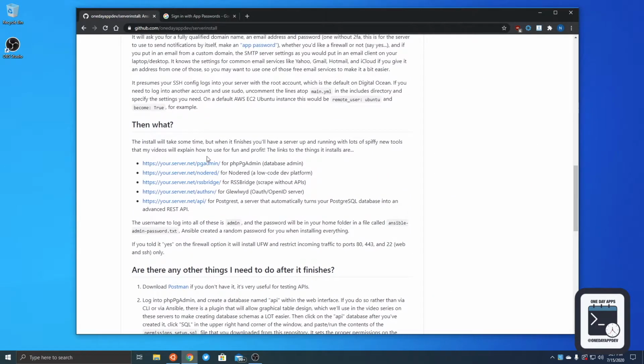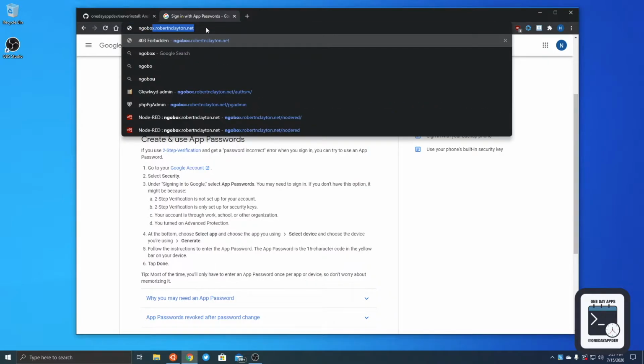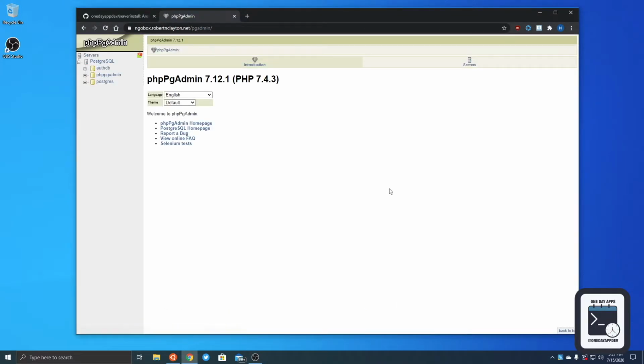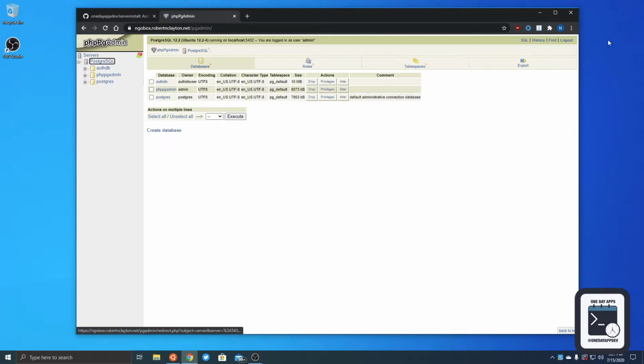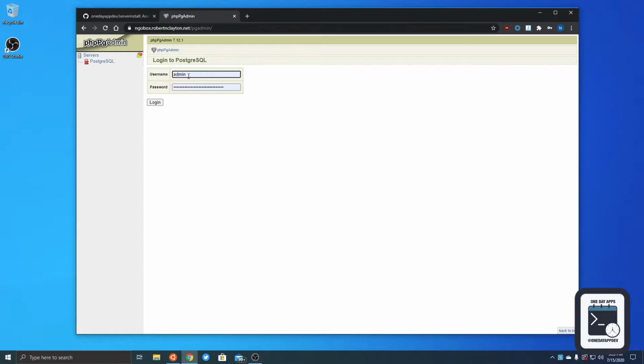And as it says here, you have several new things here. The first thing you want to do is go into PgAdmin, which is the database admin. It's going to ask you to log in. The username is admin, and